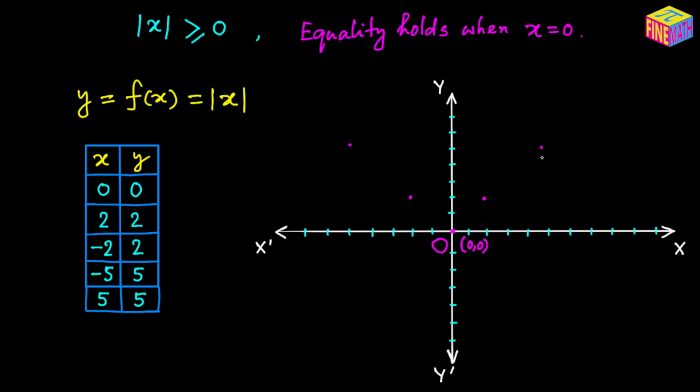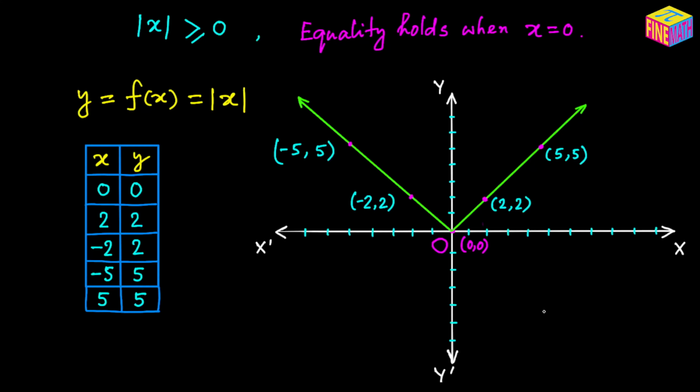So now let's join these points and see how the graph looks. I'm going to join these points, and let me use a different color maybe. So the graph of this absolute value function is going to look like this. There are two straight line segments. One starts from the origin and goes into the first quadrant, and the other again starts from the origin and goes